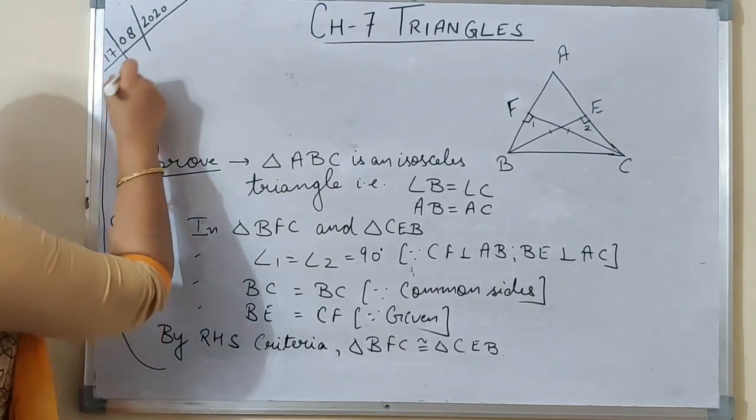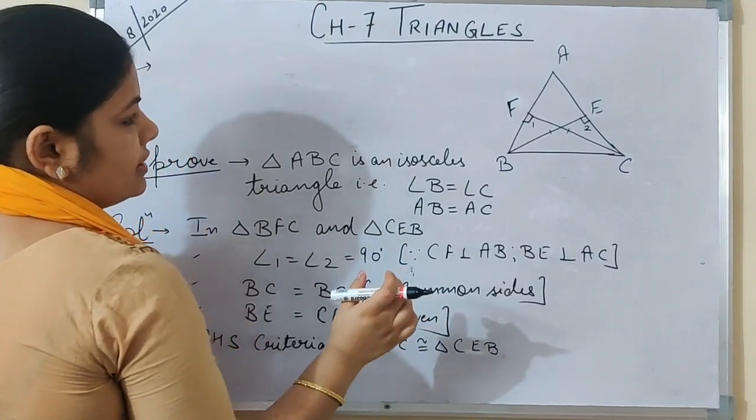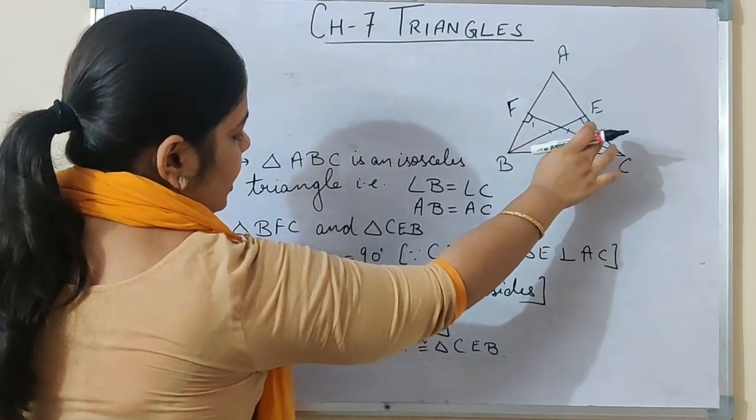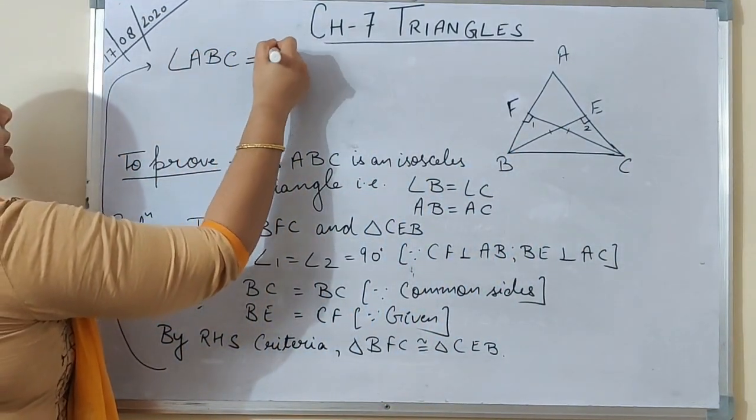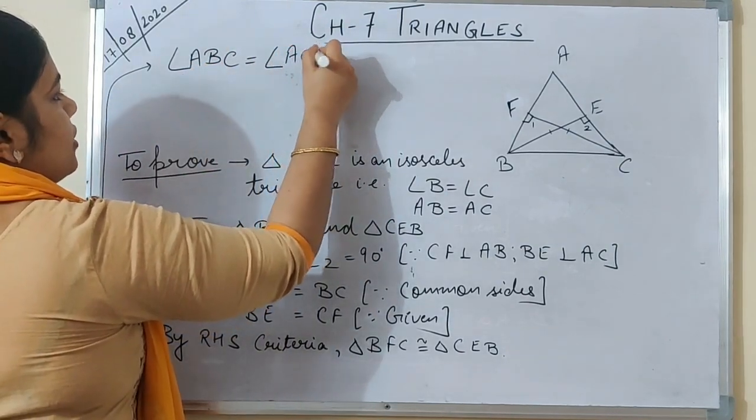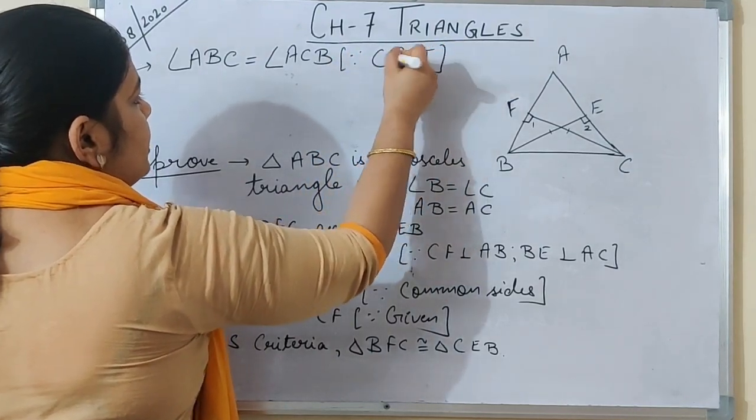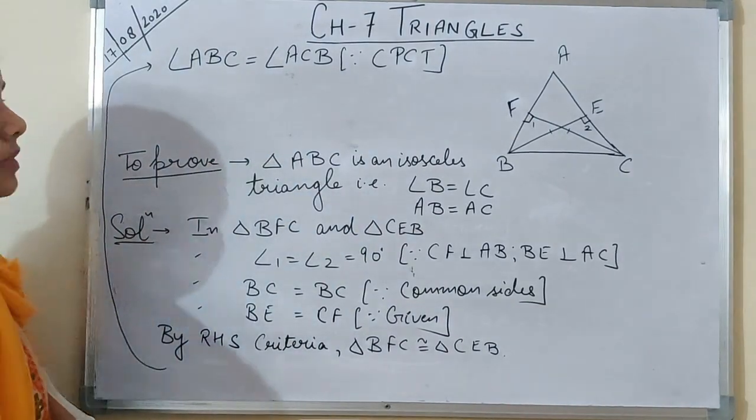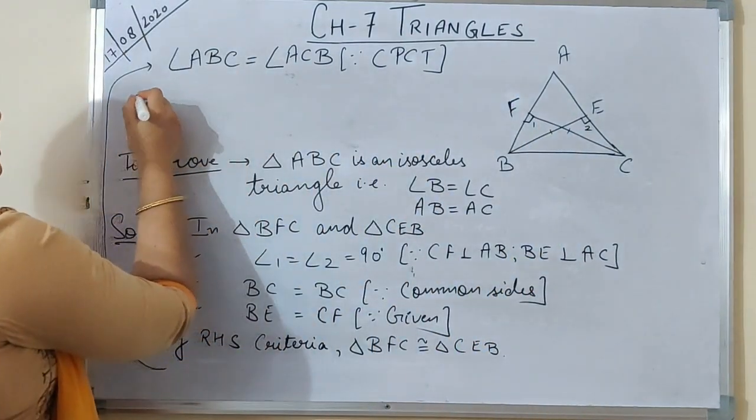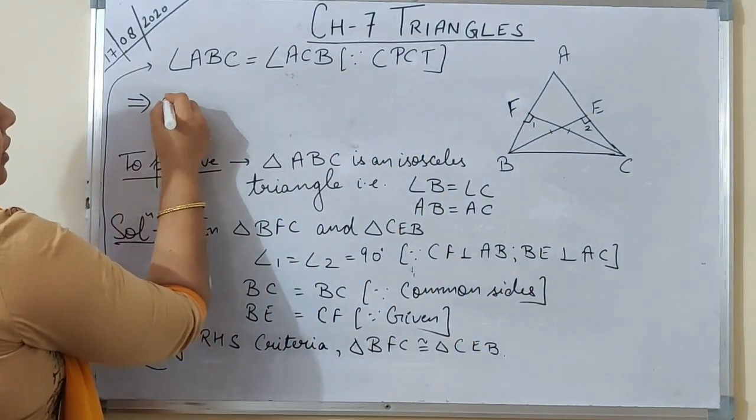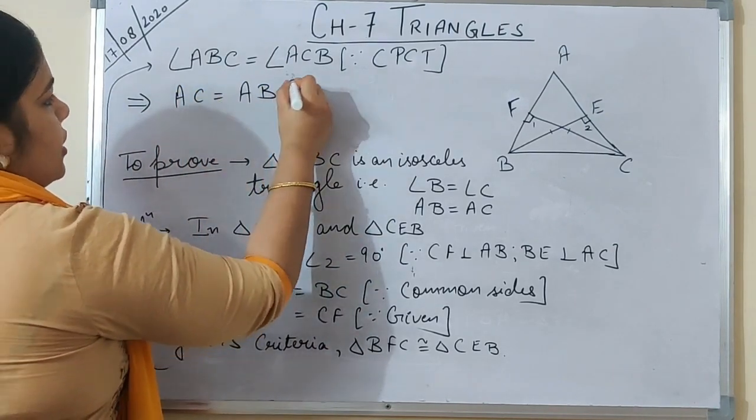So after this, we can write that as the two triangles are congruent, so we can say that angle B is equal to angle C. That means angle ABC, I'm writing over here, angle ABC is equal to angle ACB because of CPCT, they are equal. Now, as both angles are equal, what can we say? This implies that AC is equal to AB because